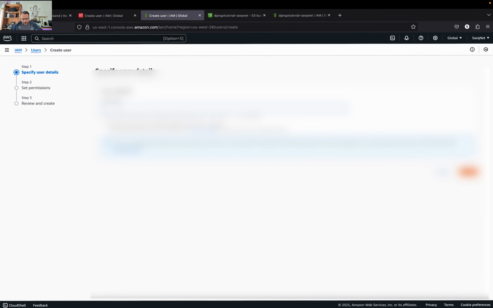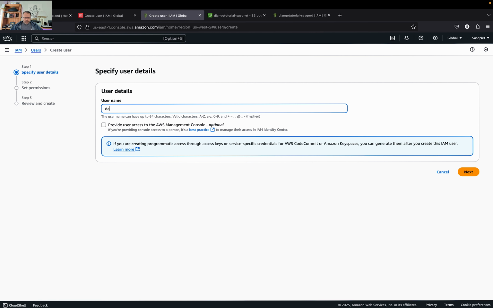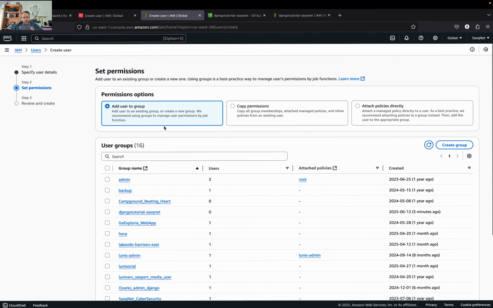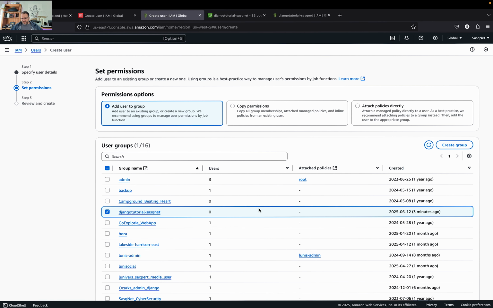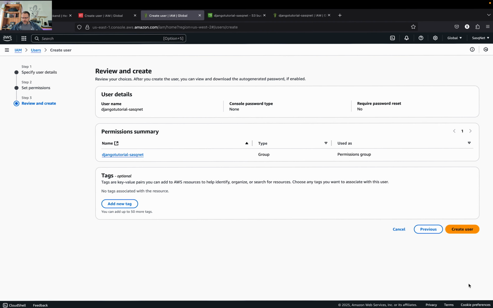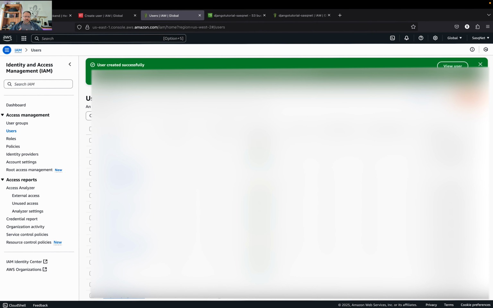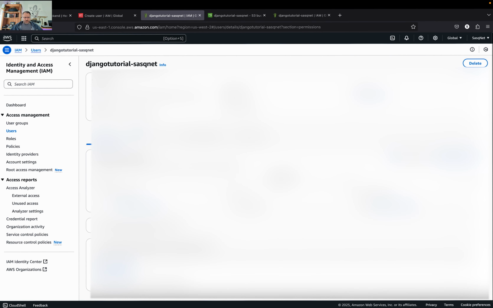So we'll go right here and we'll go Django tutorial sasknet. Then next, and then we'll attach that user to a user group that we've created, Django tutorial / sasknet. And then we'll click next, create user. There you go. Our user, Django tutorial, has been created, and this user is part of the user group, Django